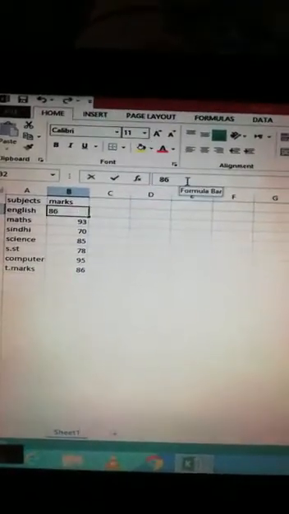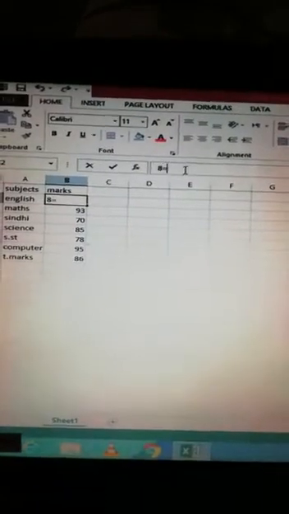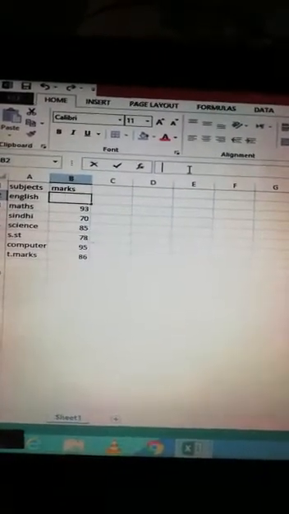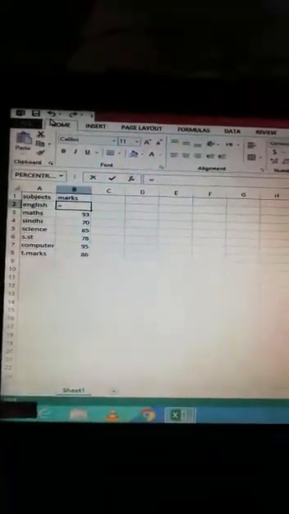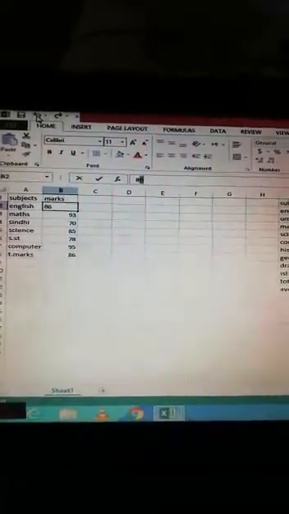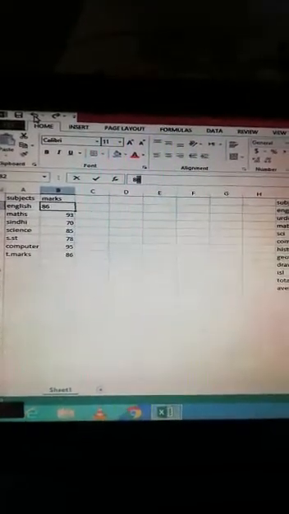Firstly I have to press the equal to sign. It's getting something wrong, so we undo our work.